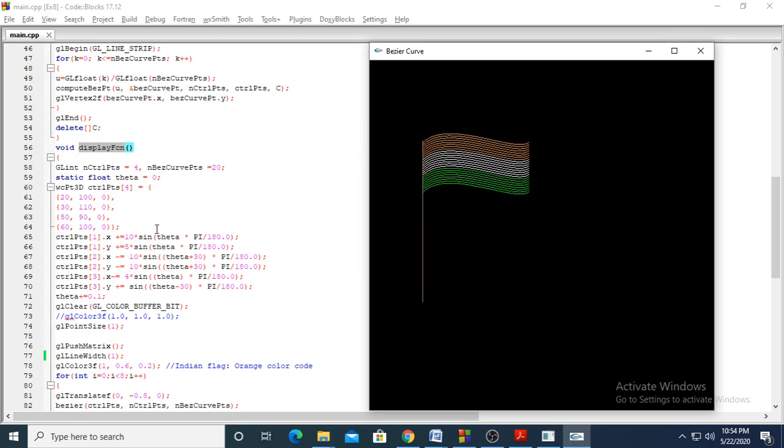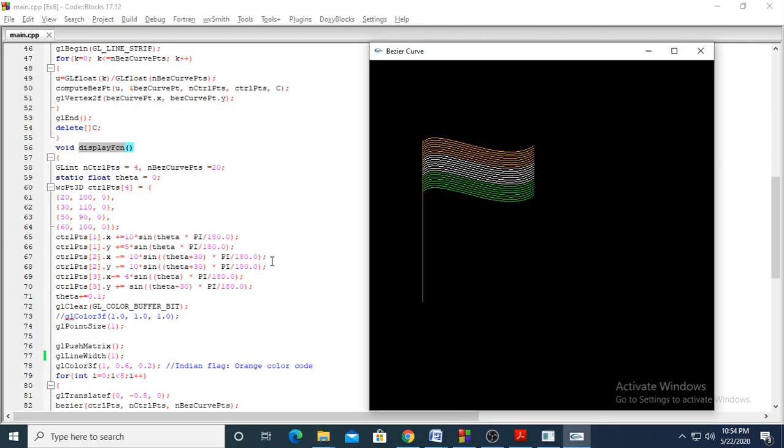As I told, to draw a Bezier curve, you have to refer to the theory. How to draw a curve. So now here is a curve. We can see one curve. Actually, we have drawn many curves. First 8 curves are drawn to give this green color appearance. Then the next 8 curves for white color, and the next 8 curves for this orange color, and separately one line has been drawn. Before understanding this output, I request you to refer to the concept video so you can understand in depth.